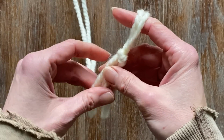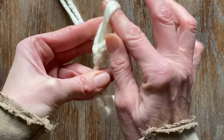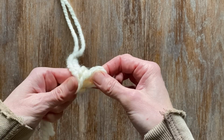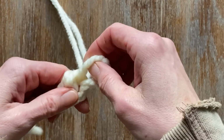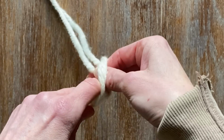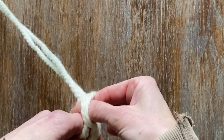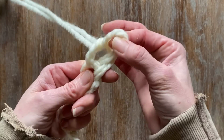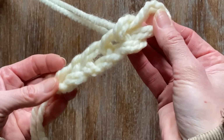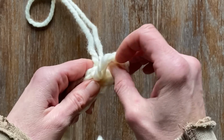First thing I've done is made a slip knot, and I'm just going to be using my fingers, and I'm going to be pulling the working yarn through each loop. You're going to want to make it about an inch in size for each of your loops as you're making your chain. As I keep chaining on, my left hand is actually holding the chain as I'm pulling through each loop that I'm making, and it just helps